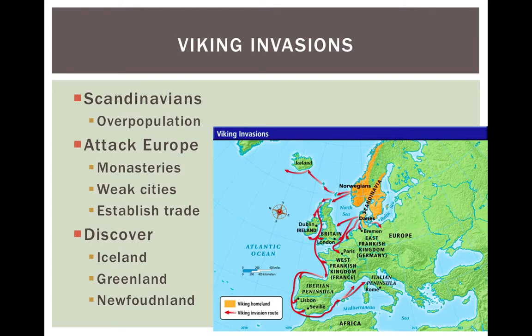So, first off, there are the Vikings, which come down from Scandinavia, and they come and raid the coasts of Europe. They attack the monasteries, they attack weak, unguarded cities or poorly guarded cities. But also a positive is they settle and they'll set up trade routes. And because of how great their longships are, they're able to improve trade, especially in the north, but also throughout the rest of Europe. And the reason why the Vikings do this is because Scandinavia is becoming overpopulated. And so they gotta send people away.